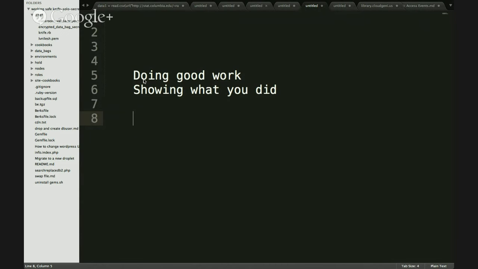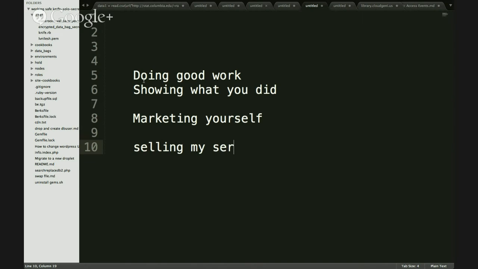And when I say show, it basically means marketing yourself. You get this point of marketing yourself, right? When I say marketing myself, I am essentially selling my services to a potential employer. That's what I mean.